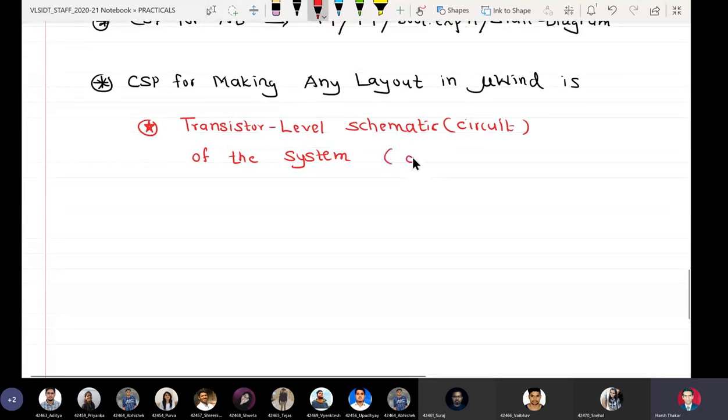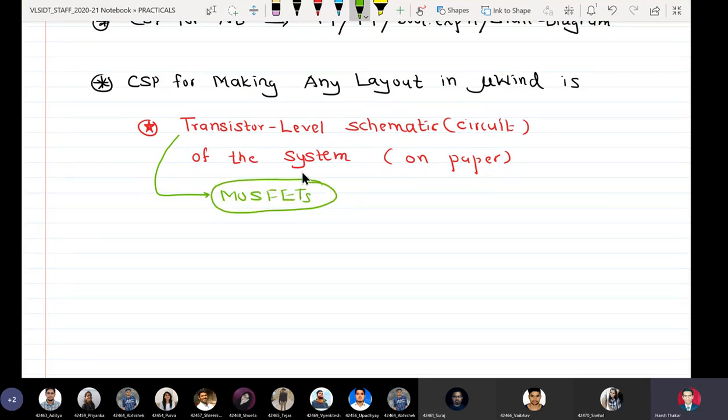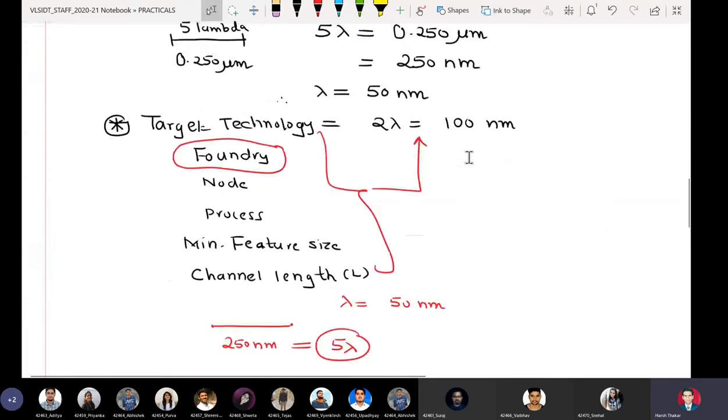When I say transistor, I mean MOSFETs and not BJTs. Very clear about this. So that defines the correct starting point for making any layout in Microwind.